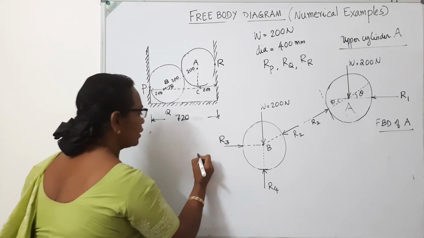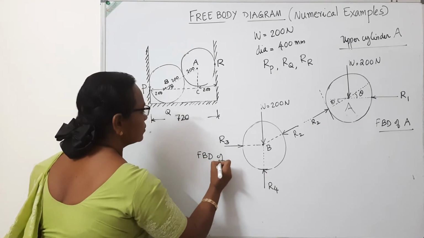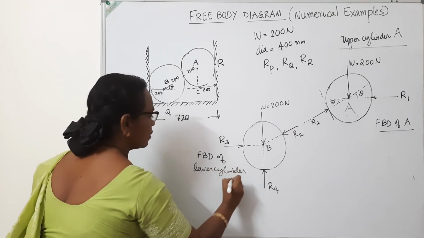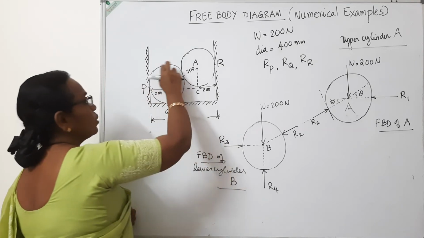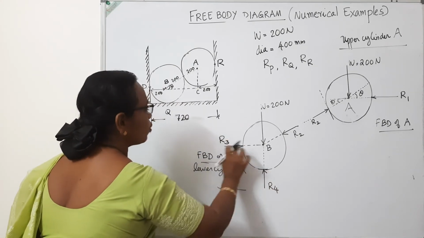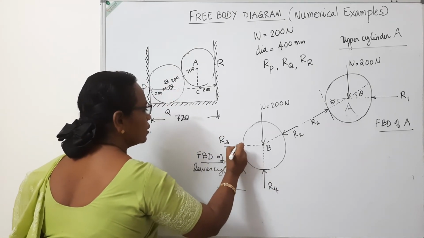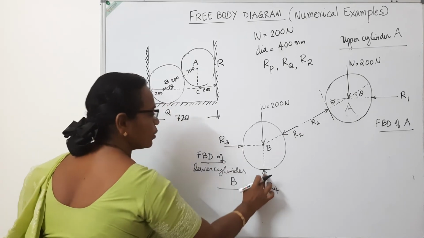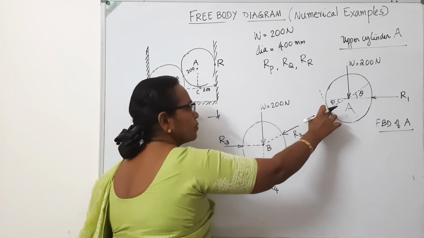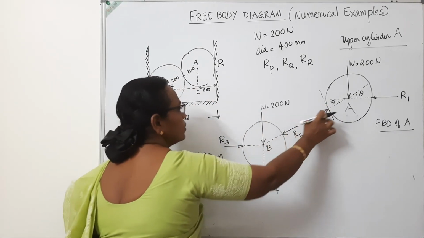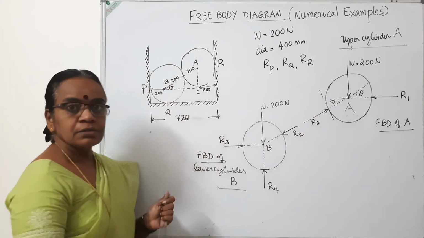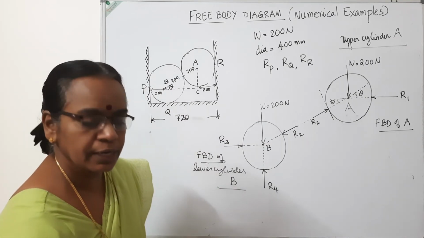So this is called the free body diagram of lower cylinder B. Considering the free body diagram of the ball, it has to be free from these two surfaces. So there will be reactions normal to this vertical surface, so this is horizontal, and normal to this horizontal surface, so this is purely vertical. W will be acting downwards, and at this contact surface there will be the reaction acting inward from the ball A. So this is R2, which we have already solved from the first equilibrium equation of body A.